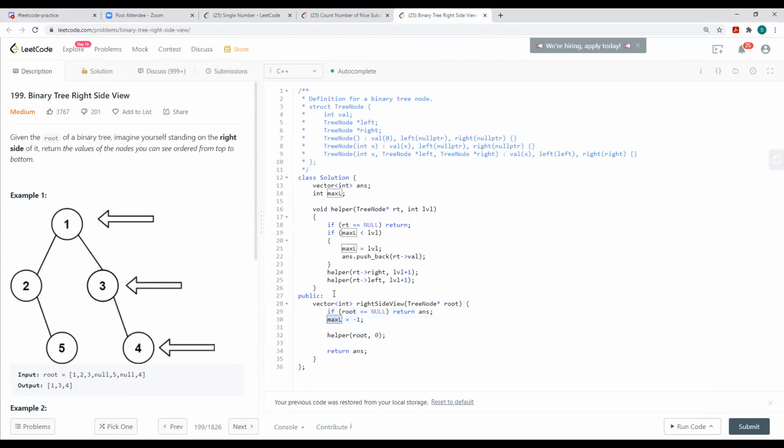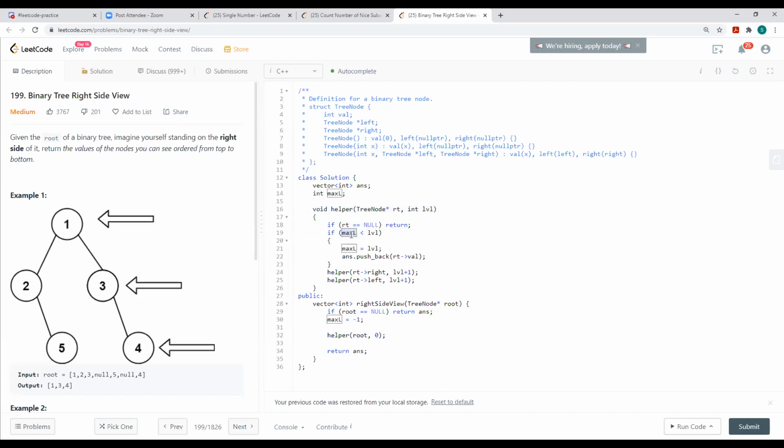So this is one maxL, or max level variable, which is a member variable, and I'm setting it to -1. And this is my helper function, the DFS, the pre-order one. I'm just passing the root and the current level as 0. In this pre-order traversal, first I check if the root is null, return, or else I keep comparing this level with my max level.